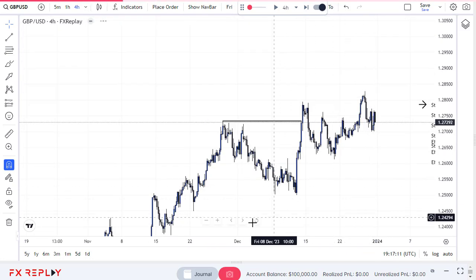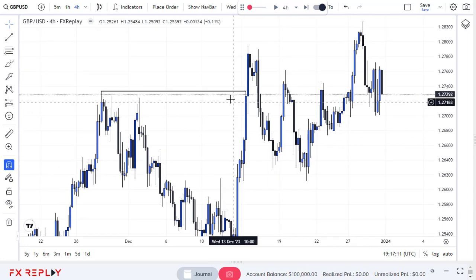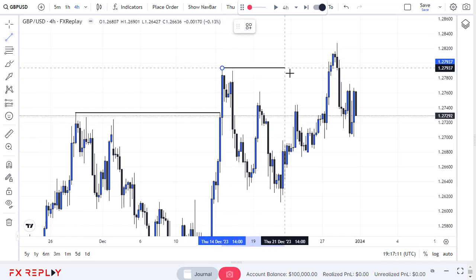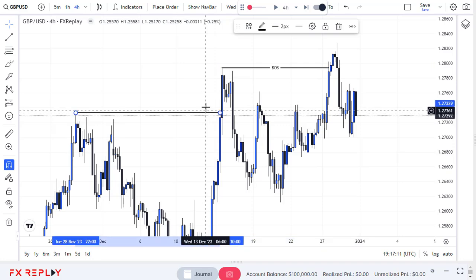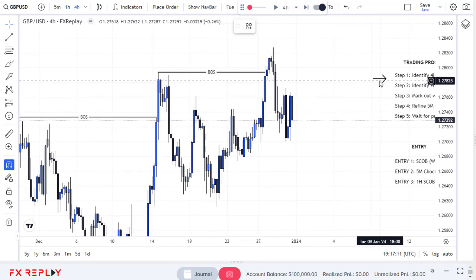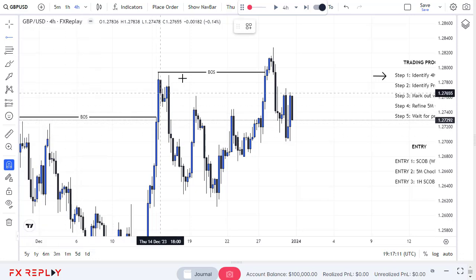Okay, so you can see this is a blank chart, but we can identify a break of structure on the 4-hour up here. And the next thing is to mark this other high, because there was another break of structure right there. All right, so just call this 4-hour break of structure. Do the same for this one, 4-hour break of structure. Now step 1 has been done. This is step 1. What I also like to do after step 1 is to identify my range I'll be